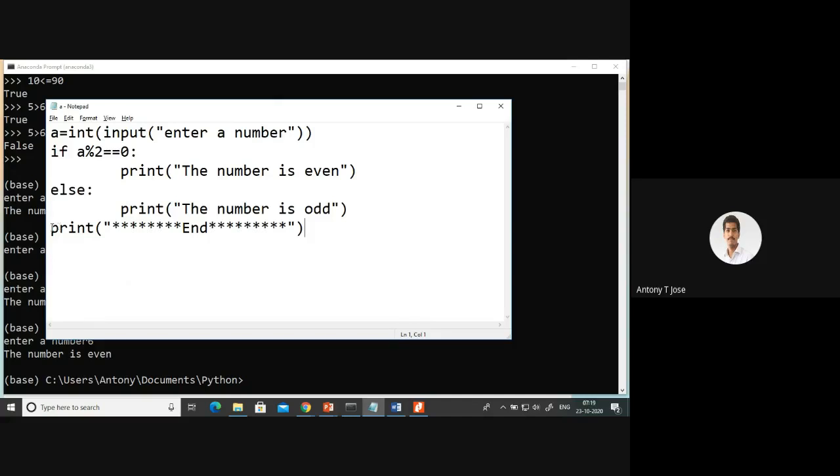Clear? The second print statement comes outside the else because it doesn't have any tab or indent here. But this print statement does have an indent or tab. So what happens is the interpreter takes it as if this print statement comes inside the else statement. Clear? For example,